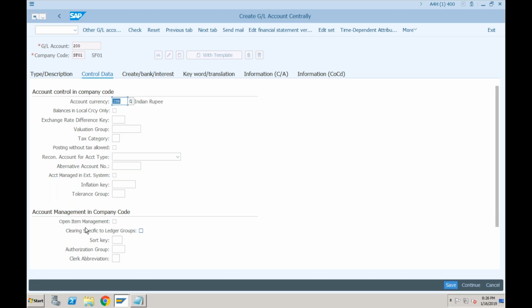Why was line item display not on for all the GL accounts? Any idea? Why was SAP saying you have to tick this indicator if you want line item display, otherwise it is not recommended for all GL accounts? Why was it not recommended for all GL accounts? Just a guess. Just try to go back to our first session.